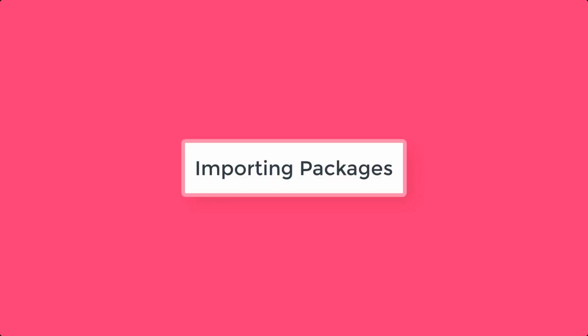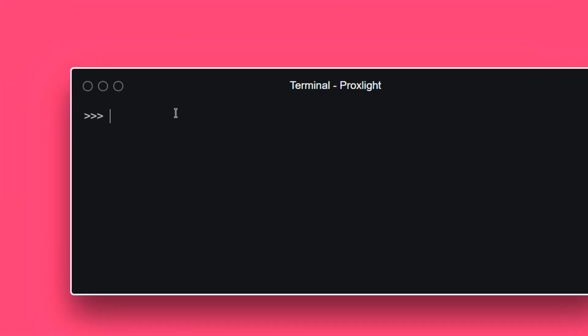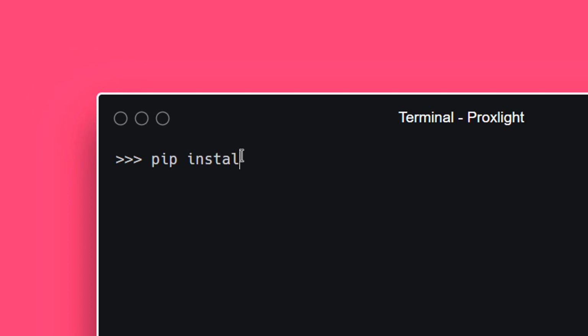So let's start by importing the required packages. First of all, open up your terminal over here and just type in pip install streamlit. Alright, after installing Streamlit, we need to install the TextBlob module. And that is it. After installing, you are done. But now it's time to run the application. So what you can do is use the streamlit run command. Just type in streamlit run and then your application name.